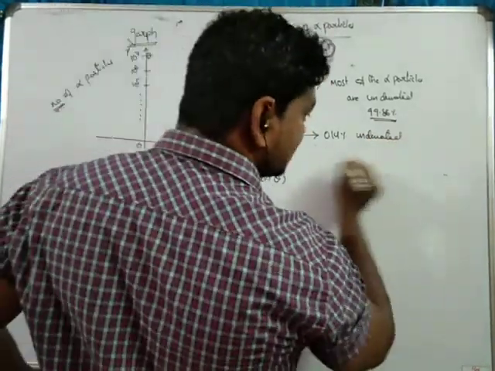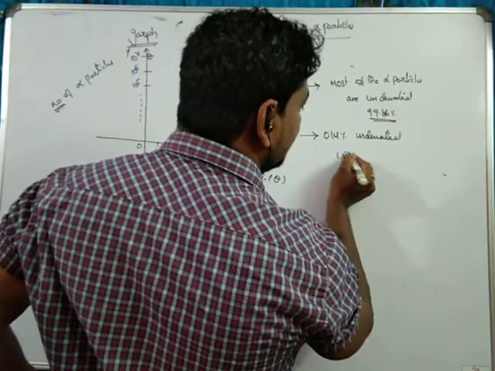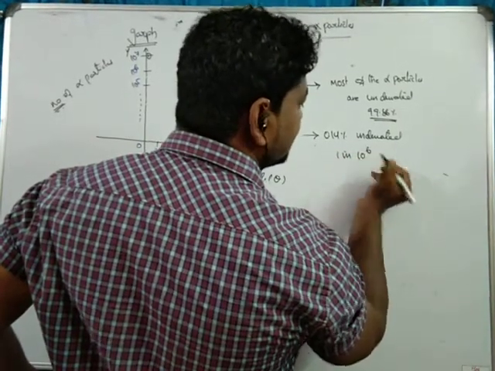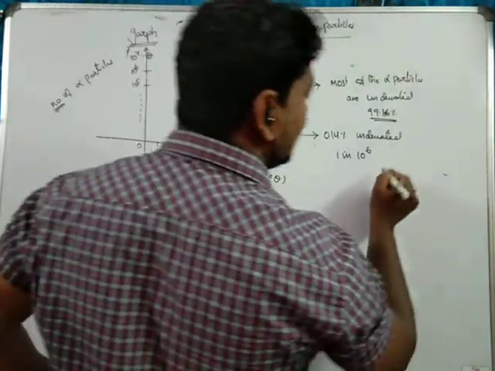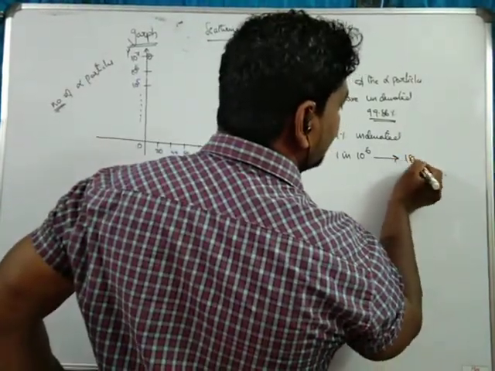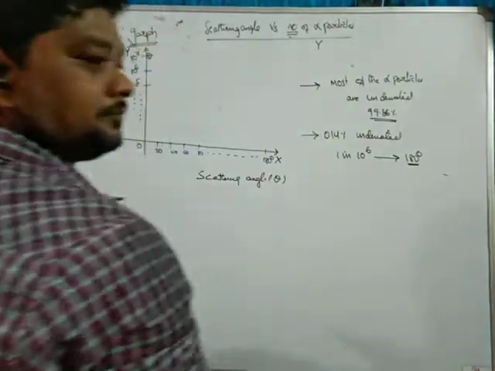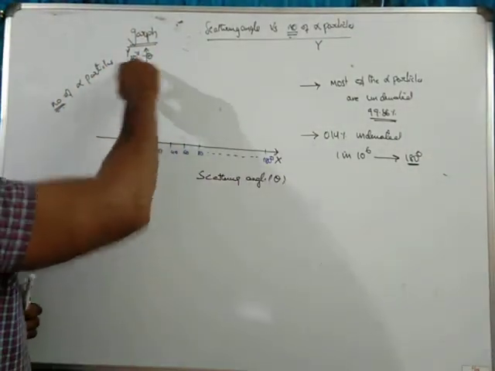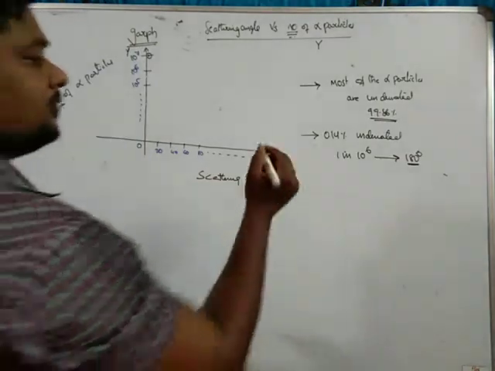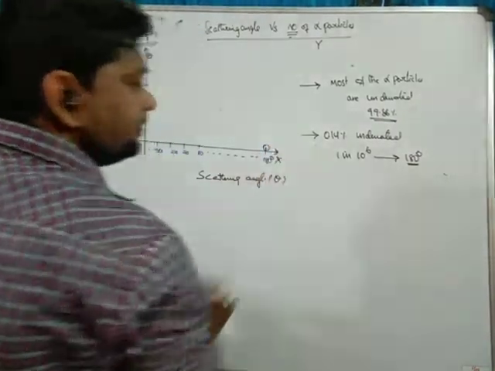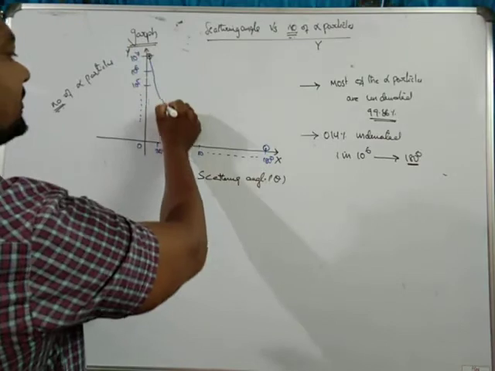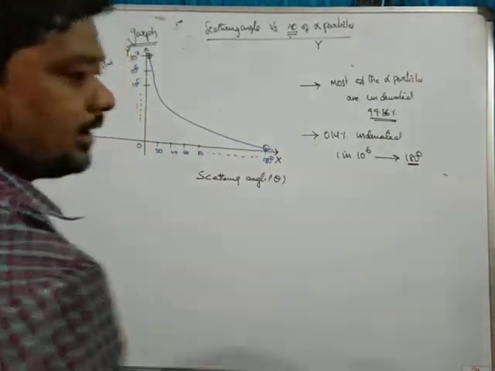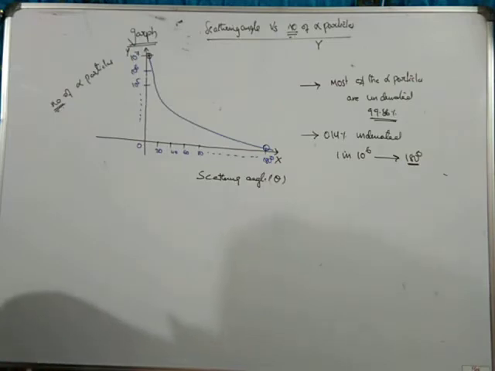Simply at the last condition, 1 in 10 to the power 6, that's 10 lakhs. 1 in 10 lakhs retrieves for 180 degrees. So for 0, the value will be the maximum. For 180, we get only a 1. So we have a rough graph like this. We consider the first value and the last value, and we get the graphical presentation.